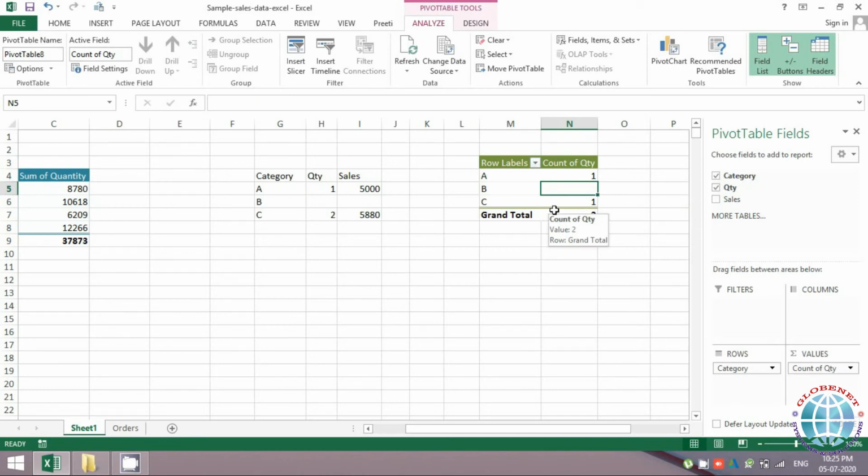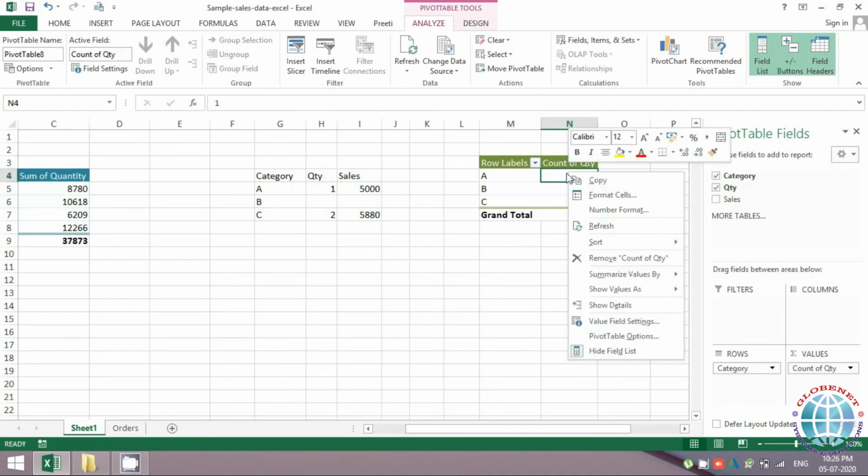Or let's say in some scenarios you've performed some calculations and there are some errors being displayed in your pivot. For all those cases, you can use the pivot table option wherein it says show with a value. So you right click and go to pivot table options. You can also go to options from here, it's one and the same thing.